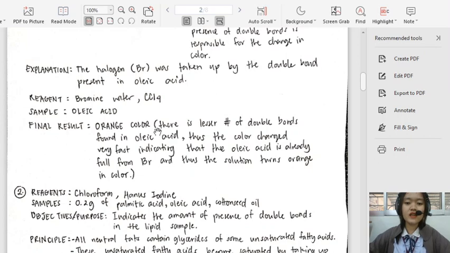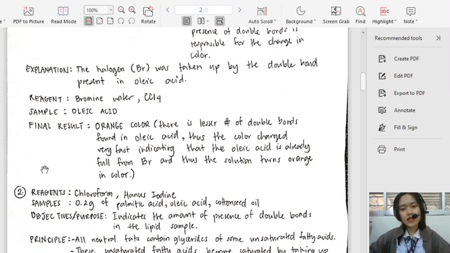Orange color, hindi colorless. Kuha class, baliktad yung explanation. No? Orange color yung final. No? Kasi there is a lesser number of double bonds found in oleic acid, thus the color changed very fast. 3 drops lang. Indicating that the oleic acid is already full of bromine